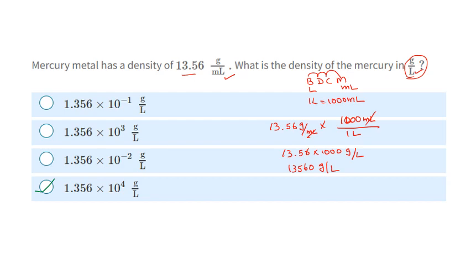So the decimal is here at the right edge, and then the first place. So then 1, 2, 3, 4 places back I will move, and I will change that one into scientific notation times 10 to the power 4, the number of times I moved. 1, 2, 3, 4 times I moved. So 10 to the power 4 grams per liter. So the answer is